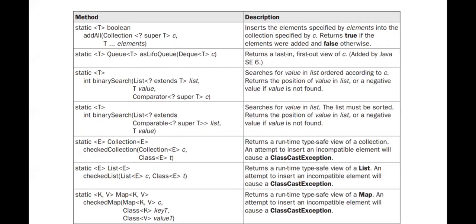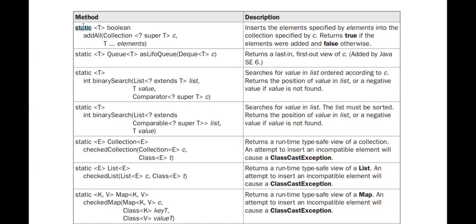So first method is addAll. This addAll method will add all the elements we pass into an invoked collection. That is, it inserts the elements specified by the elements variable into a collection, which is specified by c. So remember, these are static methods.